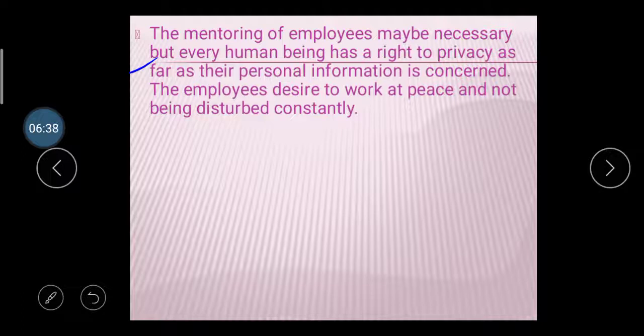So different people have different types of behavior, and at that time we must consider how to deal with them. This type of privacy is taken into consideration. Then after,